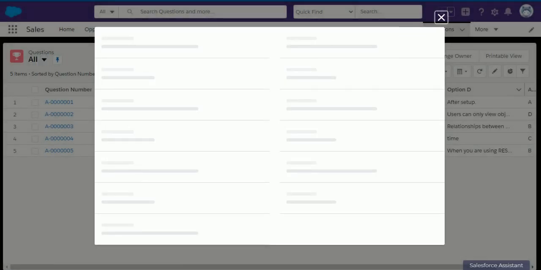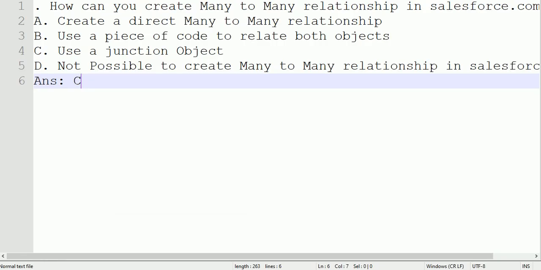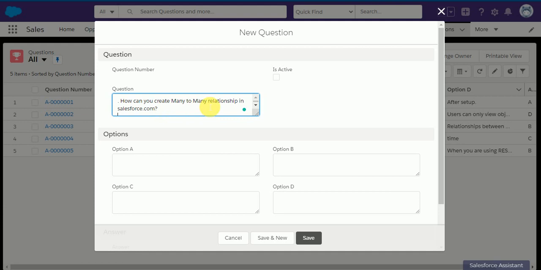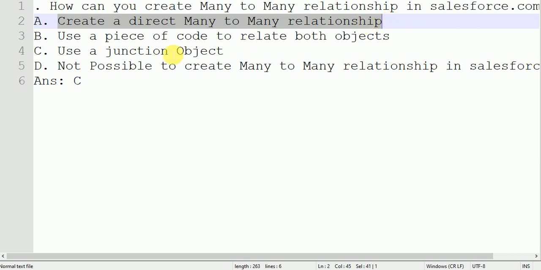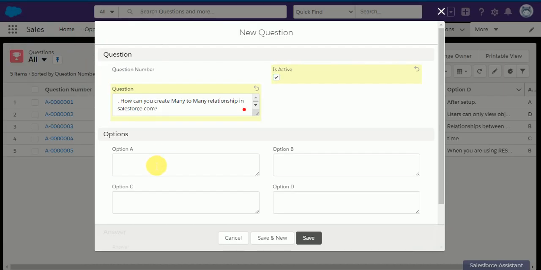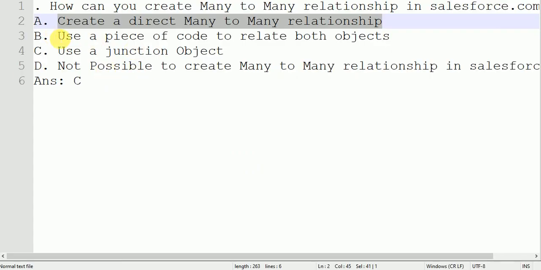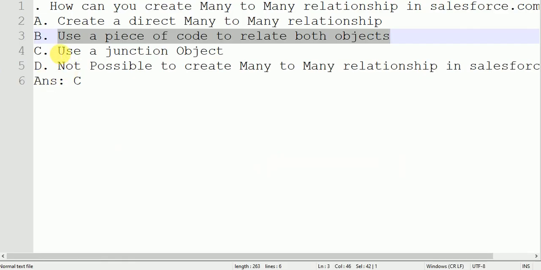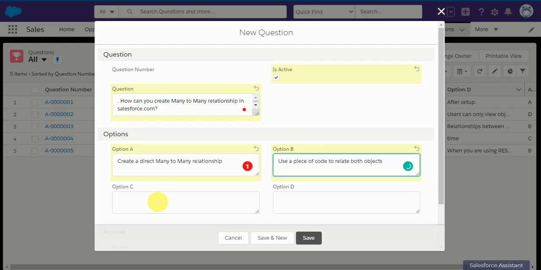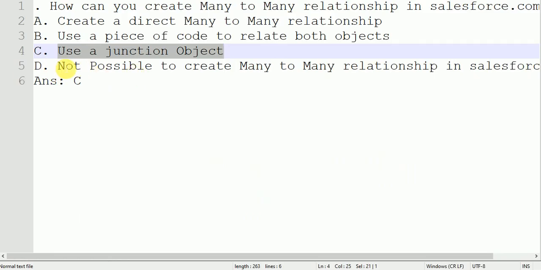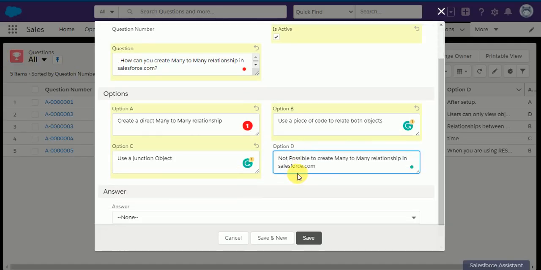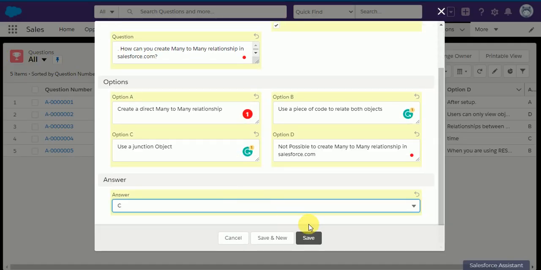I'll add this question, make isActive true, and this is my option A, this is option B, option C, and option D, and the correct answer is C. Click on save.